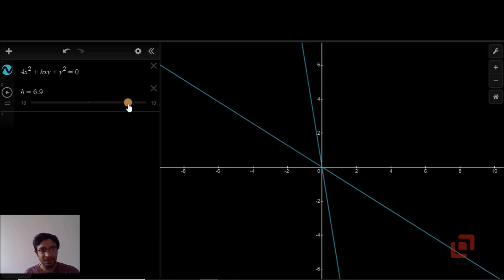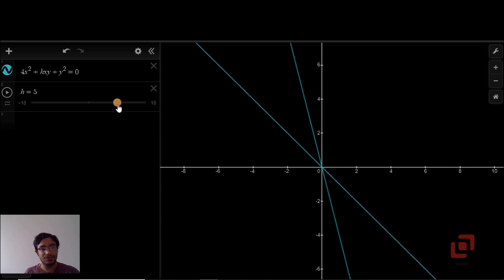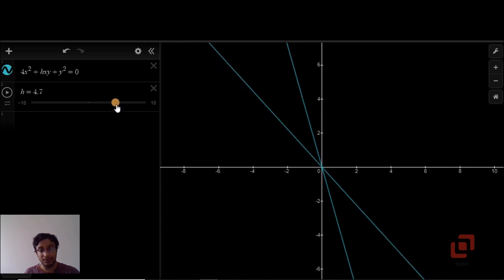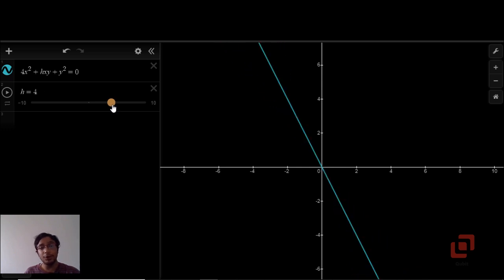Now observe what happens if h starts decreasing, okay. Currently it is 6.5. Now the moment it becomes closer to 4, the value of h that we have got, you'll see that the angle between them is decreasing, and we know that eventually when the lines coincide, the angle is going to be 0, okay. Now what do you expect when h takes the value, or any value between 4 and minus 4? The lines will be imaginary, okay. Yes, you can now see that h squared minus ab will be negative, so there is no possibility of lines.